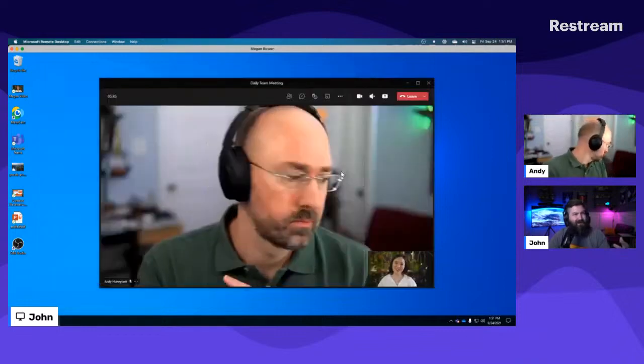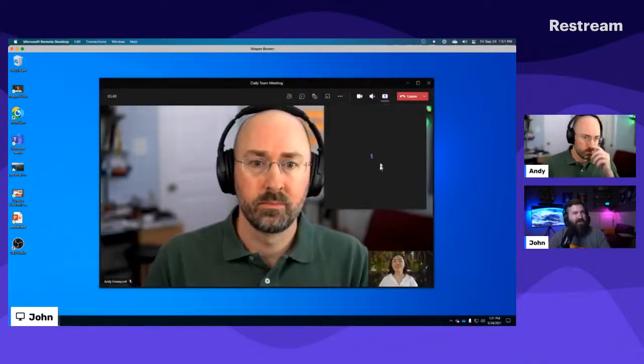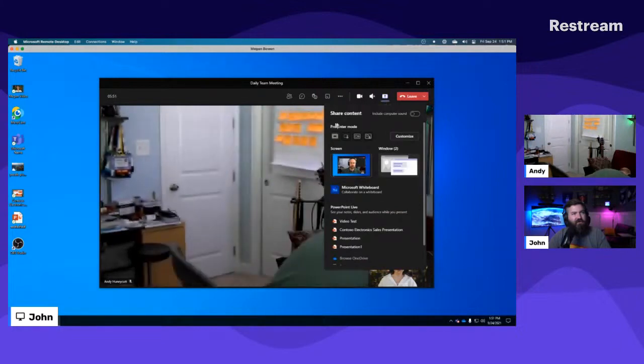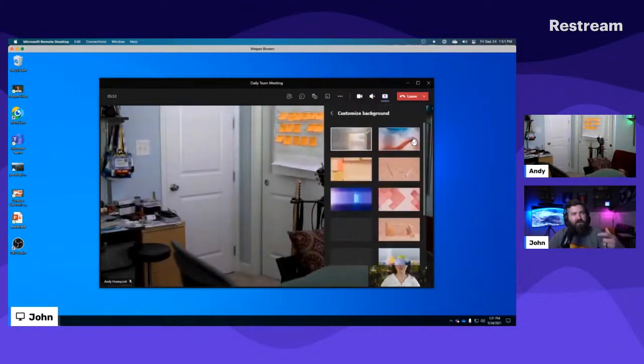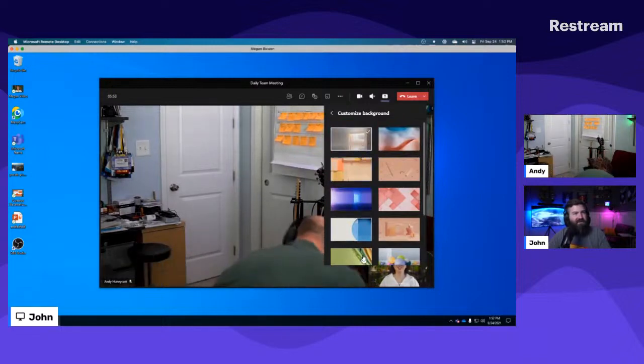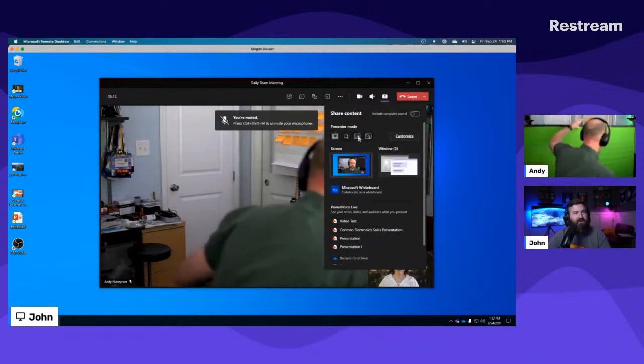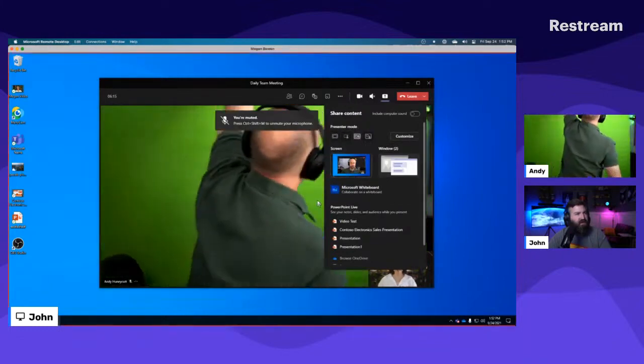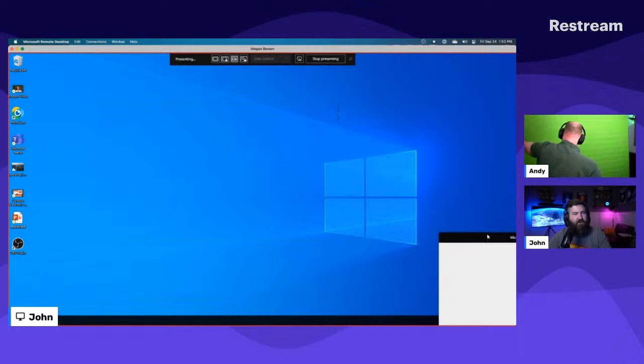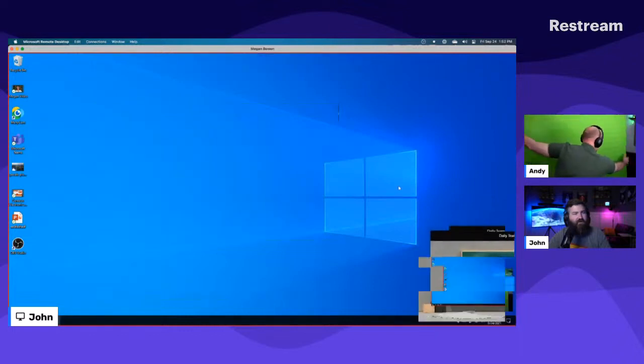And you notice that it had a background on it. That's what this customize button does. So if we do the drop down for shared content and hit customize, now you have, what is it, 2, 4, 6, 8, 10, 12, 13, lucky 13 background layouts. So if she wants to change it up and do a chalkboard background because it's in a school environment or something, then whenever she shares her screen in side by side, she's going to have a chalkboard background. And this little preview is really handy.